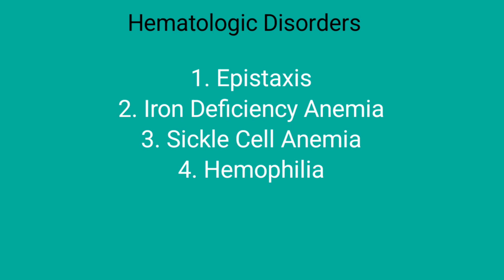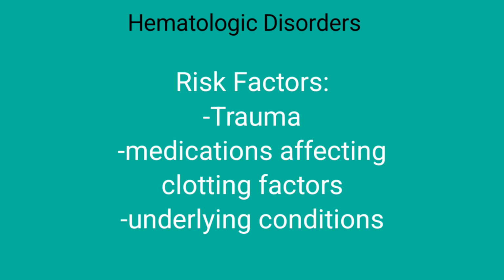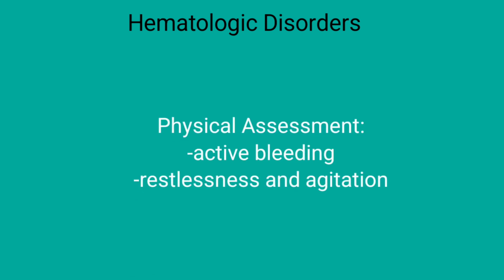So the first thing is epistaxis. It's a fancy term for nose bleeding, right? The risk factors could be trauma, or it could also be caused by underlying conditions such as von Willebrand disease, hemophilia, idiopathic thrombocytopenic purpura, or leukemia. And then assessment, of course, is going to be a bloody nose, active bleeding, and then restlessness and agitation